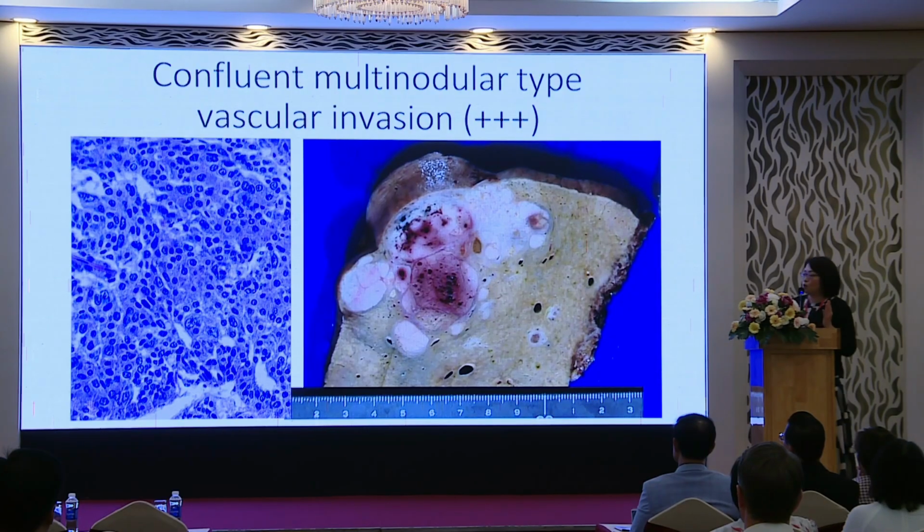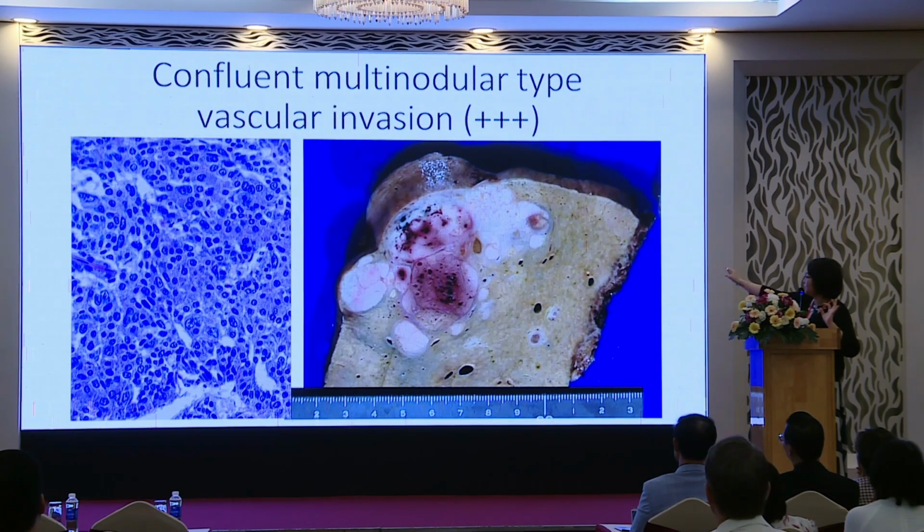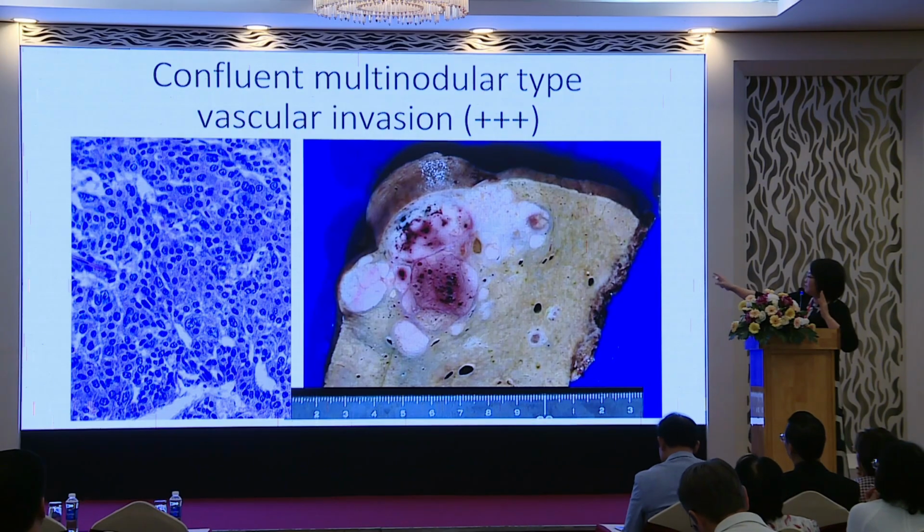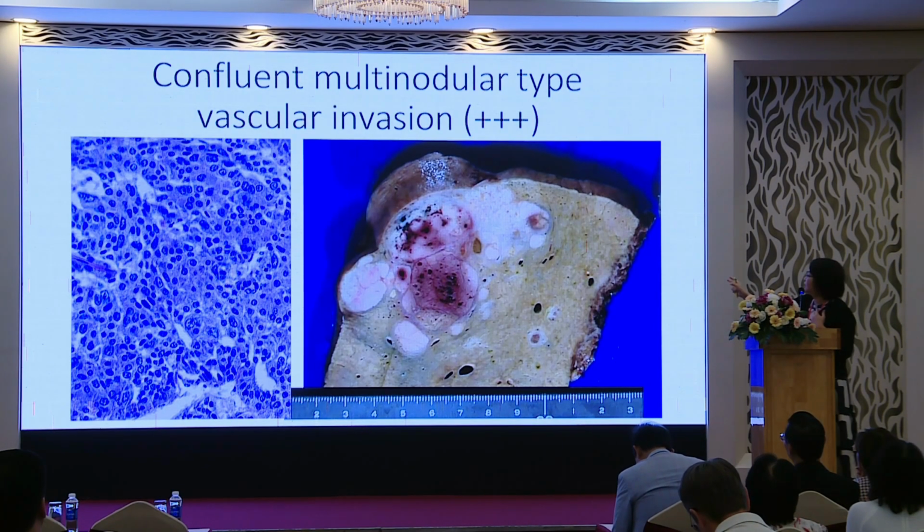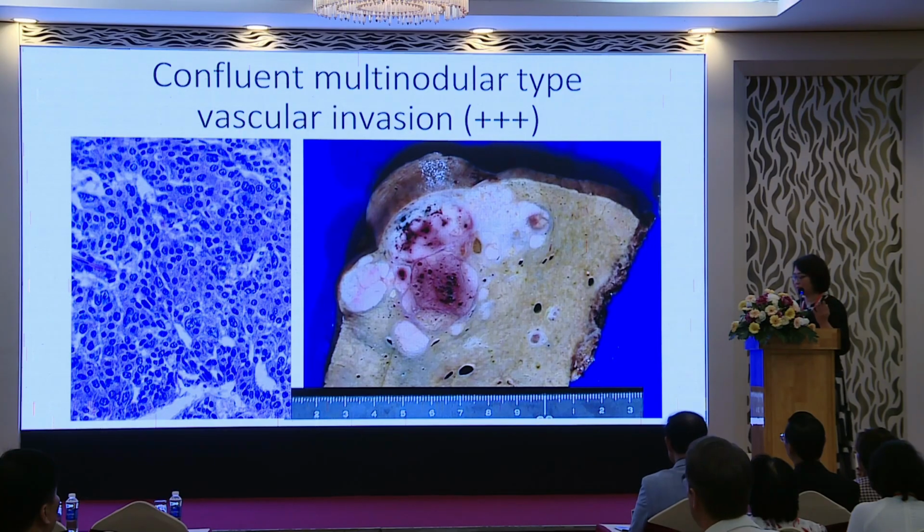And then, this is the worst macroscopic presentation, namely confluent multinodular type. And this macroscopic type is a kind of aggregation of vascular invasion. That's why you see small tumor clusters collecting in this macro aspect. And this tumor is mainly composed of poorly differentiated HCC, and it's a highly aggressive macro aspect. And this type of patient often present intrahepatic metastasis or even extrahepatic metastasis.